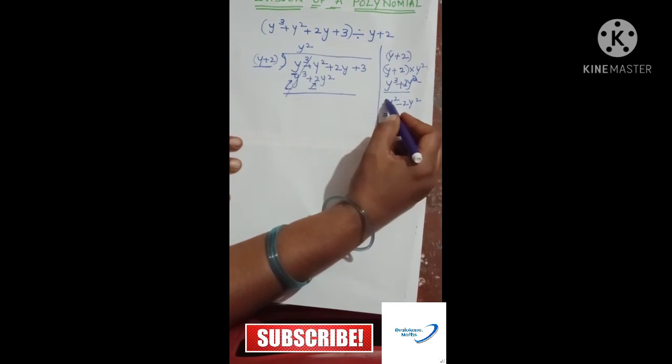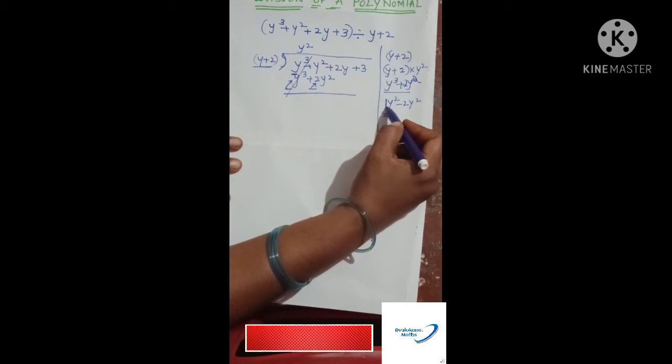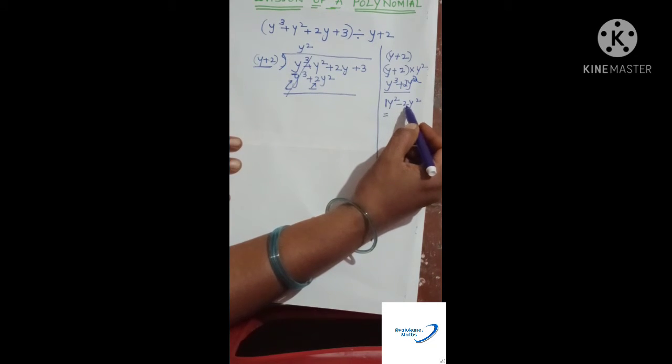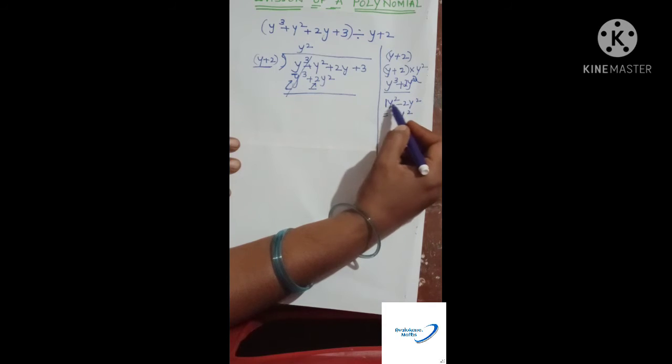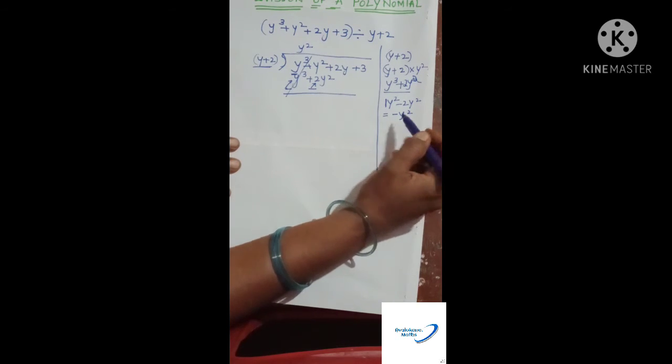If you are getting confused, consider it as 1y square minus 2y square. So 1y square minus 2y square is what? As I explained in the previous video on how to add and subtract positive and negative numbers, according to that, subtracting 2 from 1 gives y square, but with a negative sign, because the bigger term has the negative sign. So what do you have here?